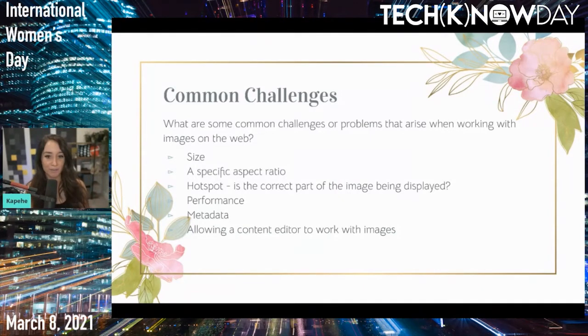You might not have all the metadata that you wanted or that you could really use and you need. And also the last point, if a content editor wanted an image edited, added, or removed, it's up to you as the developer to go in and fix it. And wouldn't you love a system where you can send it to the content editor and they can do all that image handling themselves? That'd be great.